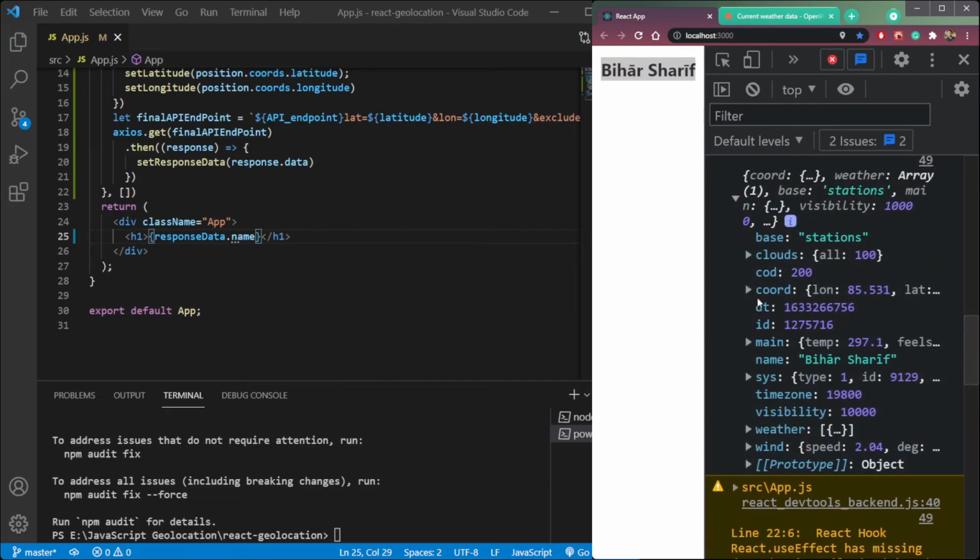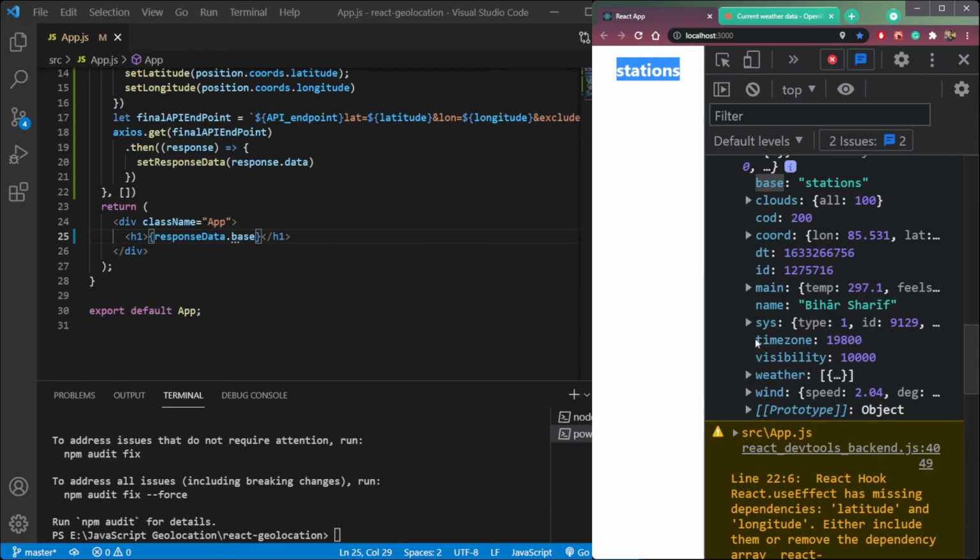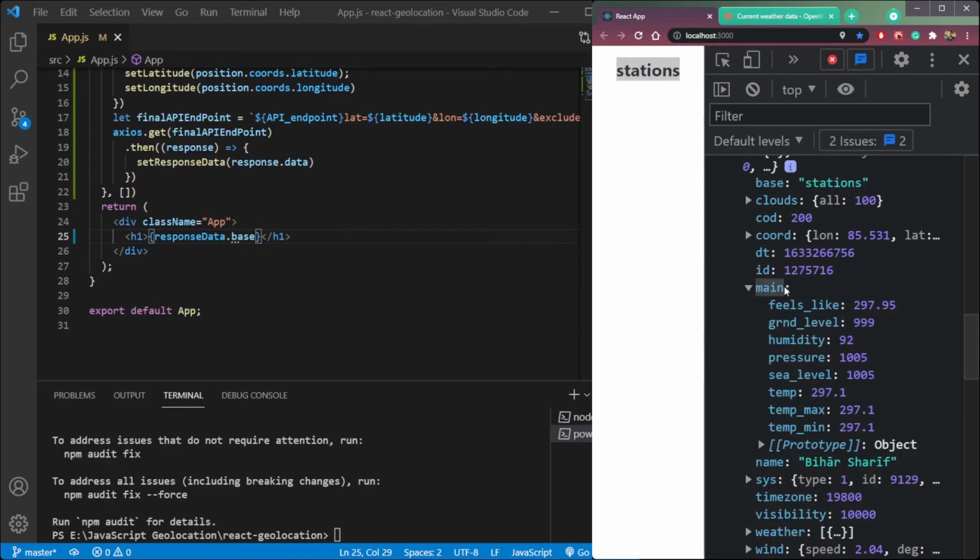We can also use clouds or base. So if I put base here, we will get stations as base. We can also use timezone, main, temperature. So if you want to see the temperature, which is this 297.1, we can just use response data dot main dot temp and put it.